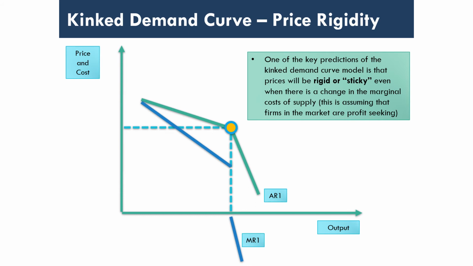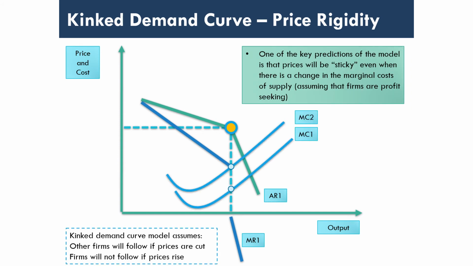So one of the key predictions here is that the prices are likely to be quite sticky. The prices are likely to stay around that original settled price, and that's even if there is a change in costs. So for example here, marginal cost curve 1, the profit maximizing level of output is here and the price we would charge is here. Now if there was an increase in variable costs and our marginal cost curve shifted up,